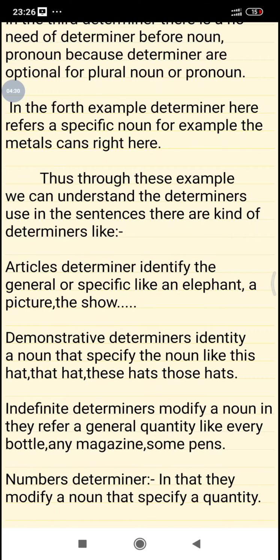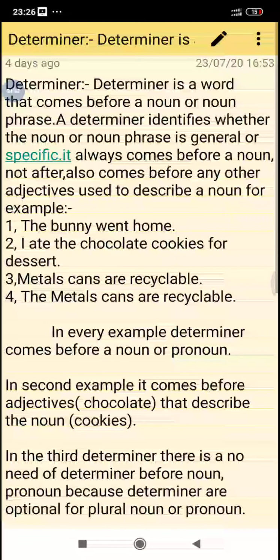I hope you like this video, which is very important from the examination point of view for 9th and 10th class students, and 8th and 7th class students will also face this kind of question on determiners. I hope this video is helpful in understanding the main use of determiners in sentences and the role of determiners in expressing things, actions, feelings and modifications.